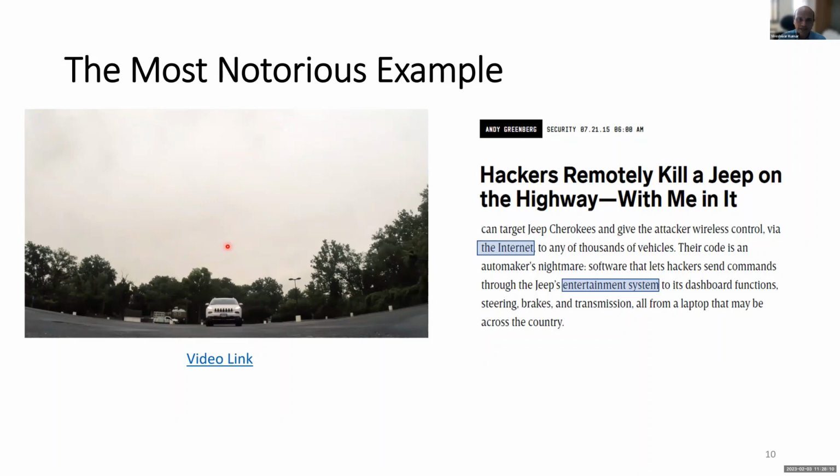Now just to give you a quick feel of what researchers had shown when this area became hot, the area of looking into security issues in vehicles. These researchers showed